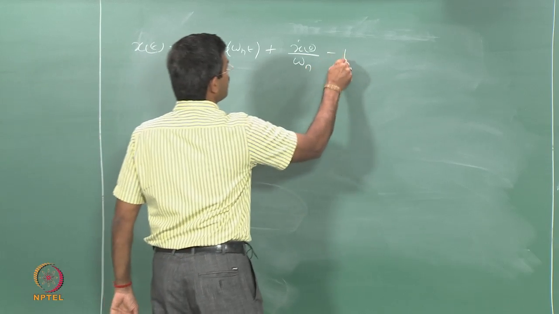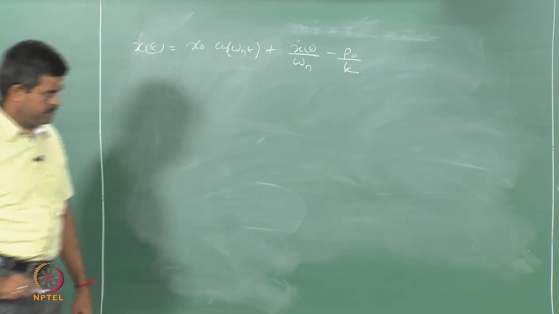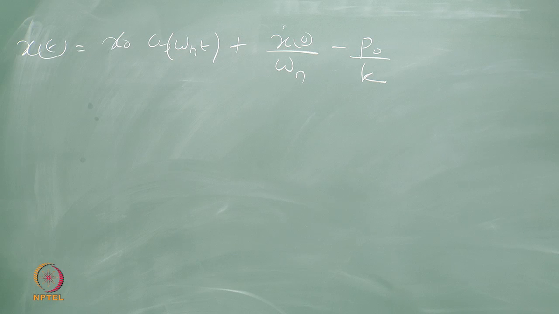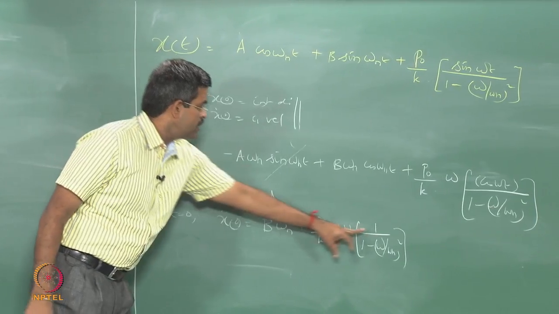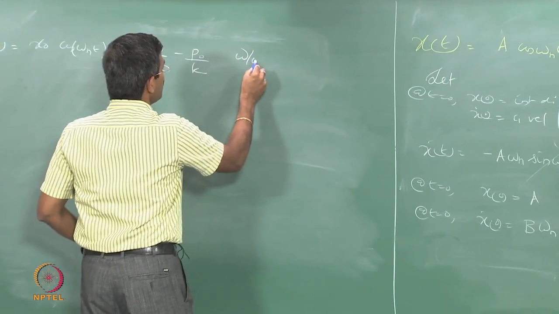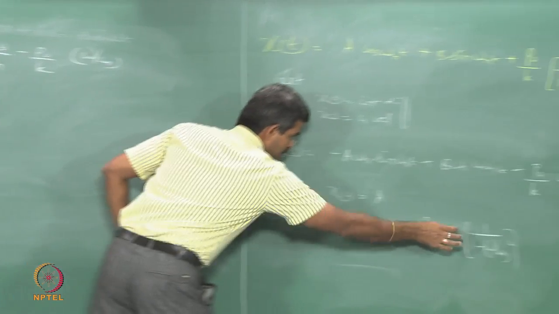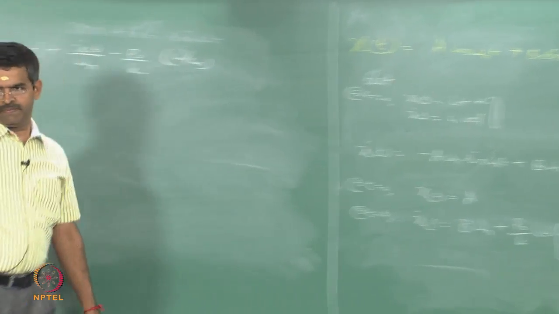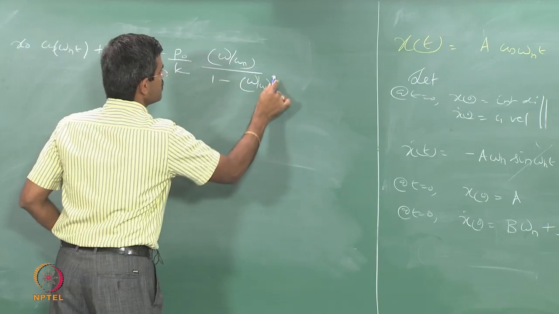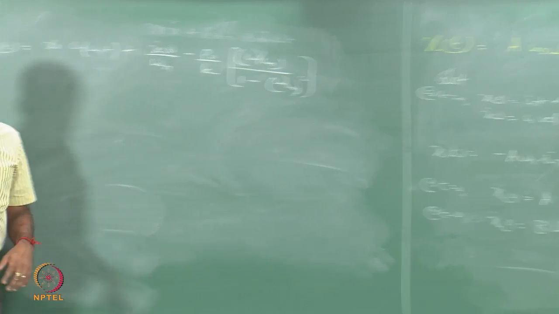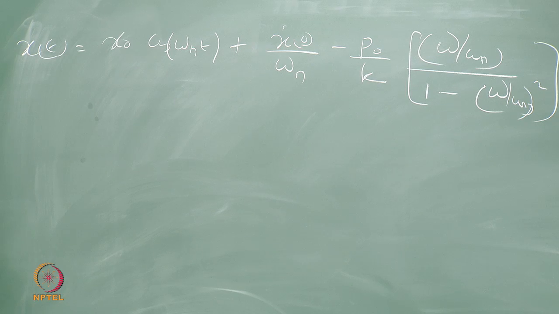Minus P 0 by k, there is an omega n multiplier here. So, when you take it this way, this will get divided here. So, I should say omega by omega n, because this omega n will get divided here, because this is a sum here, divided by 1 minus omega by omega n square, of sin omega n t